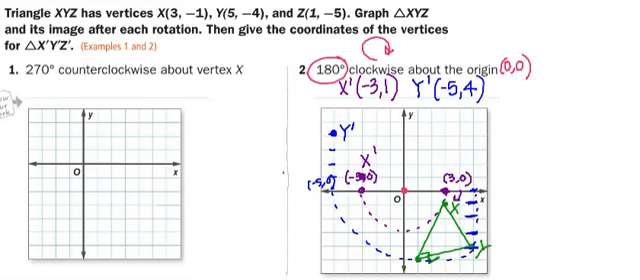We'll do our last point, z prime, in red. So z is one little step away from the y-axis, down there at -5. If I rotate this point, 0, -5, 180 degrees, I will end up